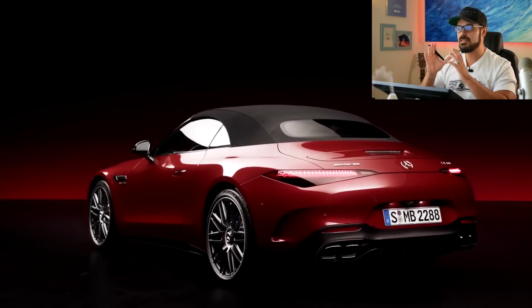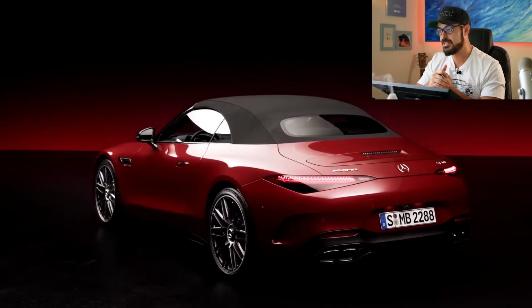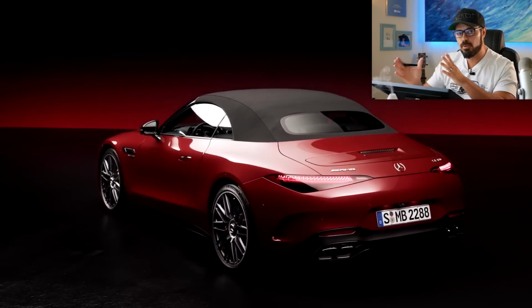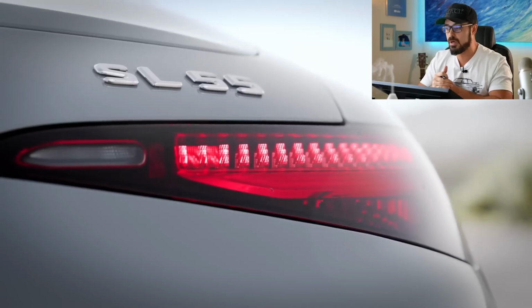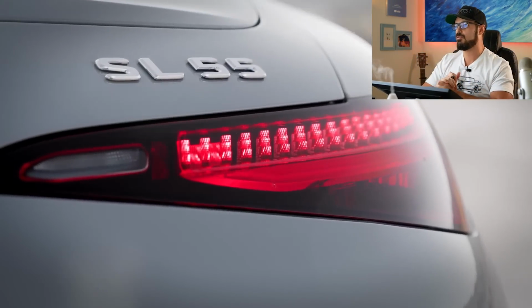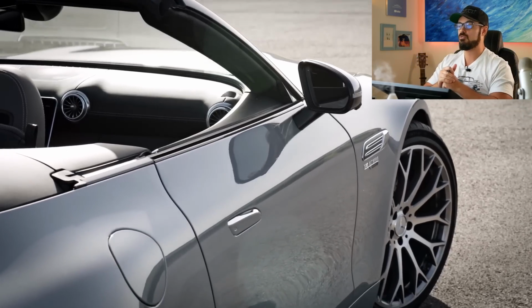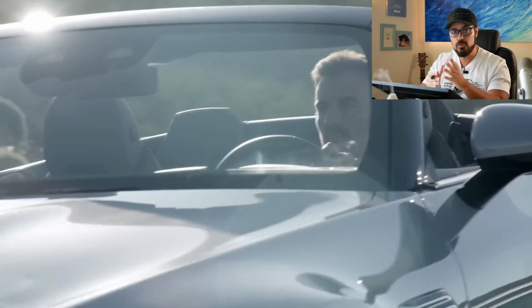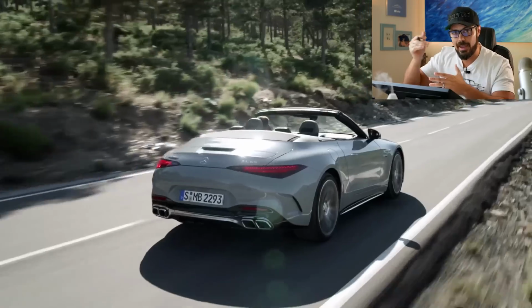The V8 in the SL55 makes 469 horsepower and 516 pound-feet of torque, while the big brother SL63 puts out 577 horsepower and 590 pound-feet of torque, and they are both linked to a 9-speed AMG automatic transmission with launch control. Mercedes says that the SL55 will do 0 to 60 in 3.8 seconds, and that drops to 3.5 seconds